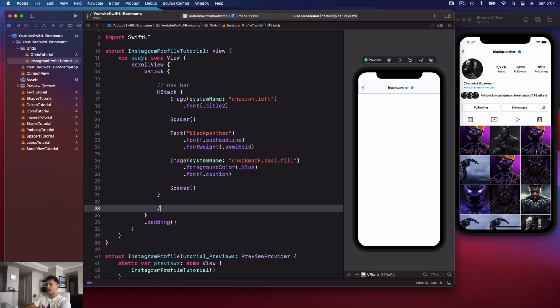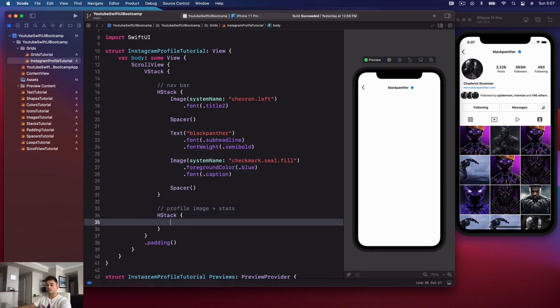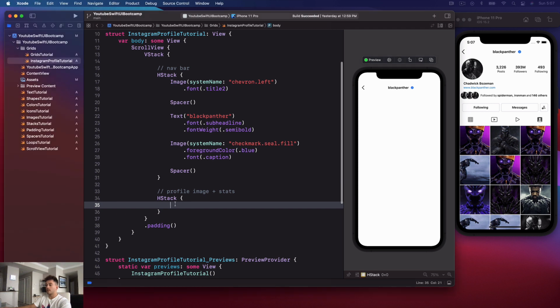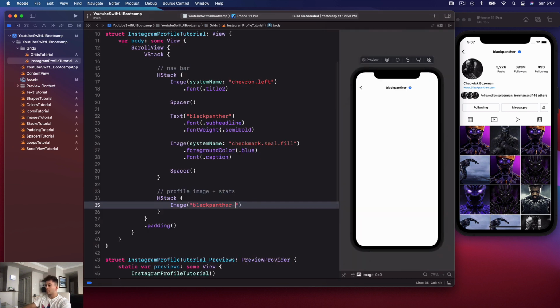So I'm going to add a comment here that says profile image plus stats, and this is going to be an HStack. And we're going to start by creating this image. So I'm going to say image, and you guys use whatever images you want. I literally just went to Google and downloaded a bunch of images of Black Panther. You could do the same, and then just drag them into your assets folder that we see here. So I'm going to say Black Panther-1,